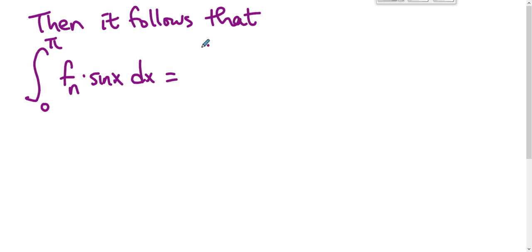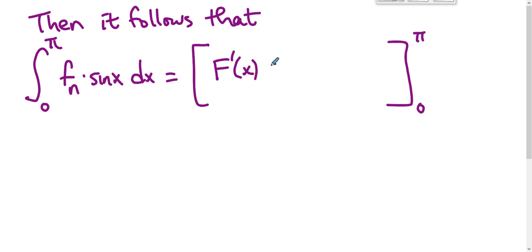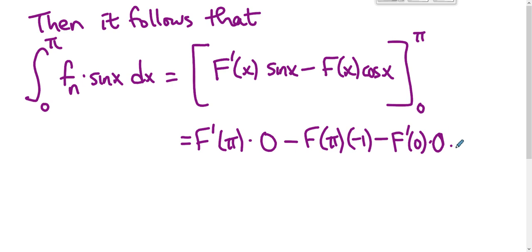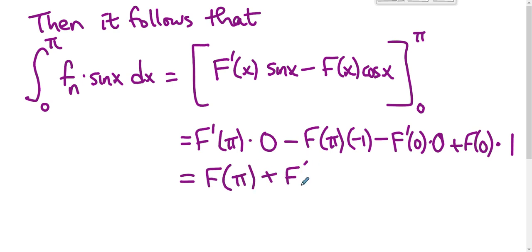is, so how does this work? We take an antiderivative, sub, and subtract. That's capital F prime of x sine x minus capital F of x cosine x, evaluated between here and here. So that's capital F prime of pi sine of pi, capital F of pi cosine of pi minus capital F prime of 0 sine of 0 plus capital F of 0 cosine of 0. So what's that? That is f of pi plus f of 0,